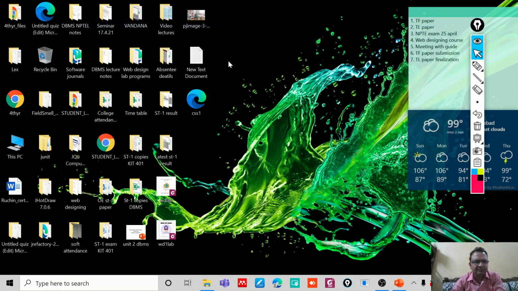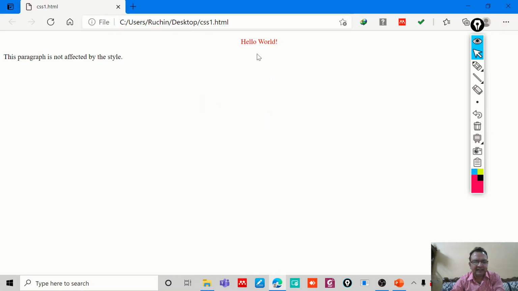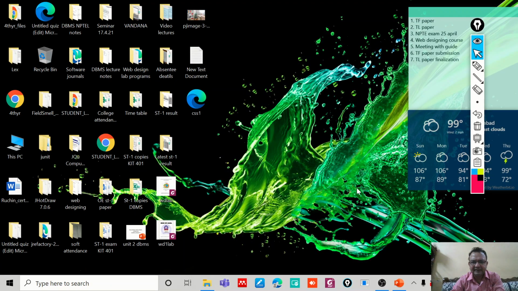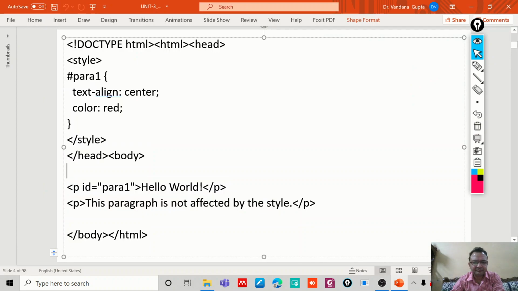Then I run this code and you will see the effect. I have written 2 paragraphs. For the ID, I am providing a style, so the text appears in red color and is center aligned. But the text in the other paragraph is not affected by the style. So based upon the ID, we can select a particular HTML element like this.